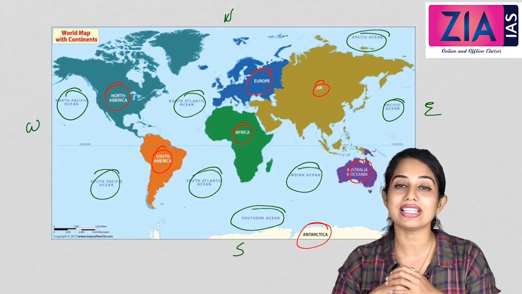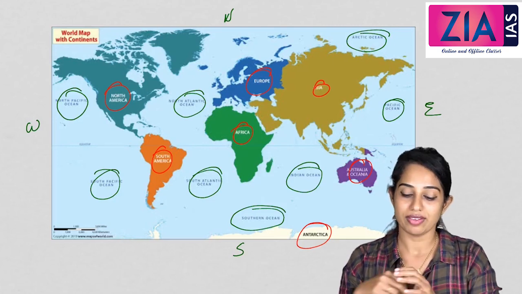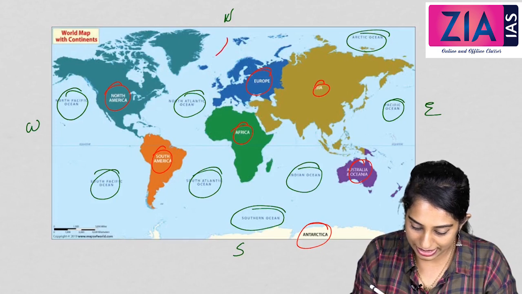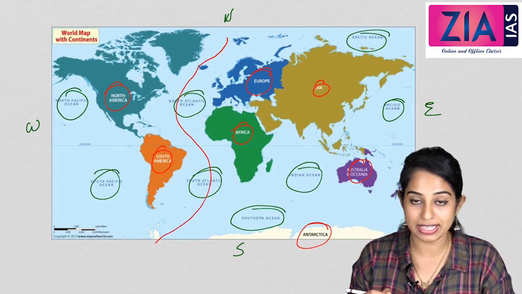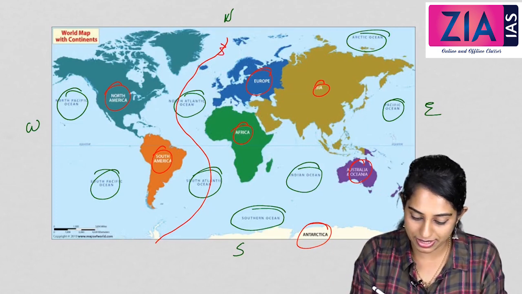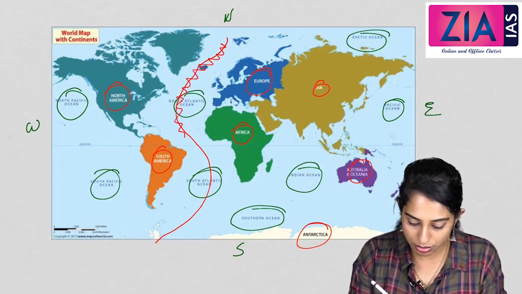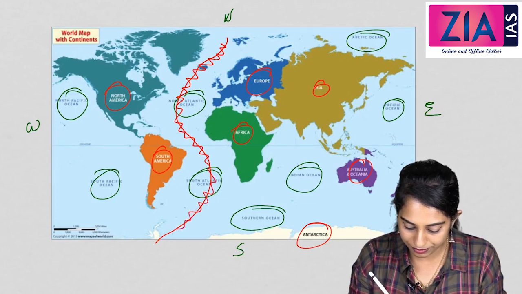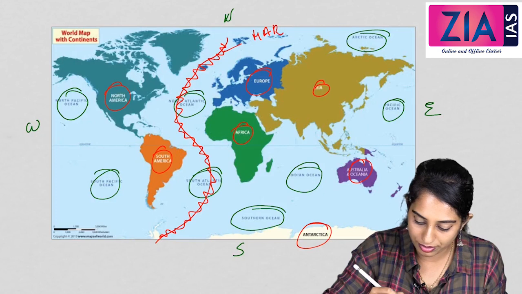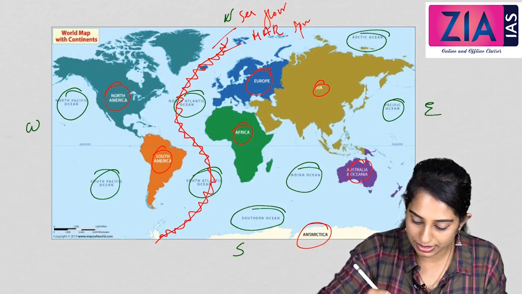Whereas in the Atlantic Ocean we have the mid-Atlantic ridge. We can map it here. We can see something like an S shape in the Atlantic Ocean, that is the mid-Atlantic ridge. From this part new sea floor is coming. This is the mid-Atlantic ridge where sea floor spreading is happening.